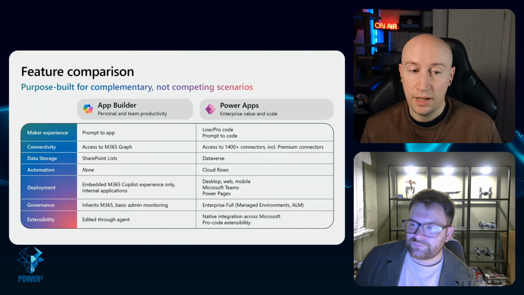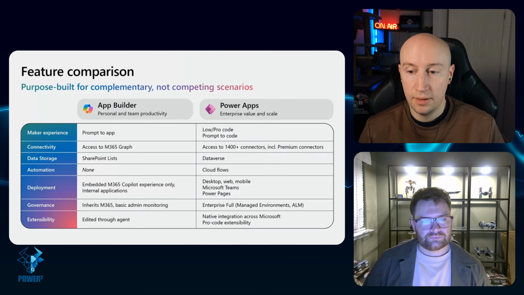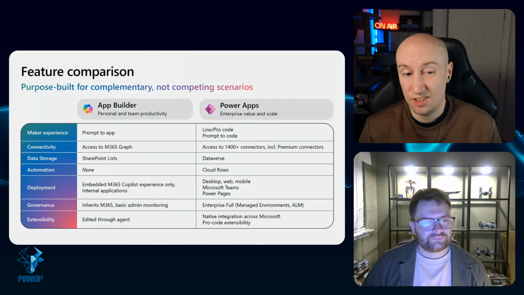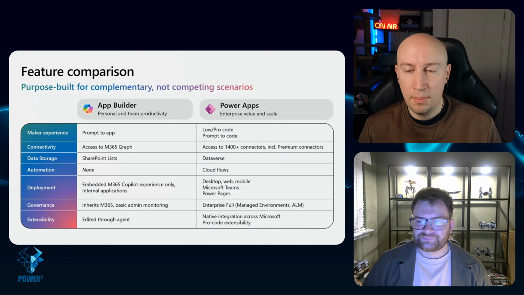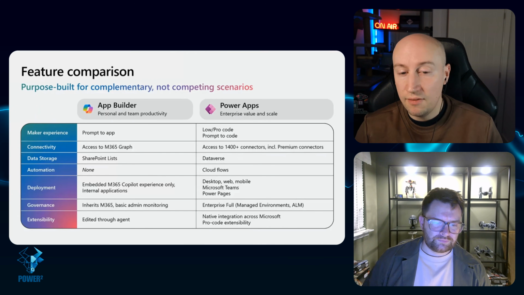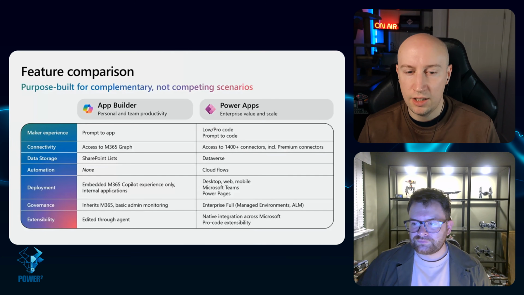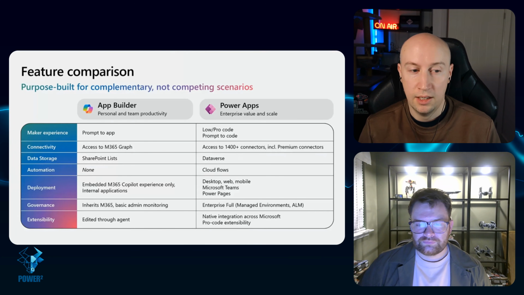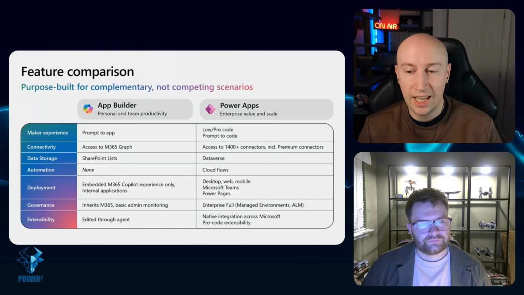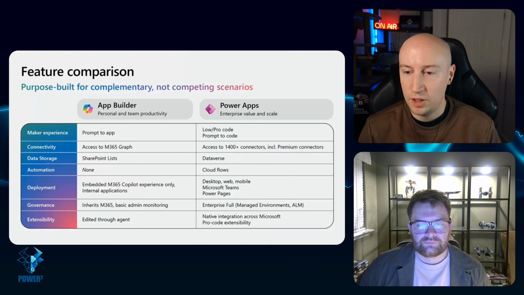Yeah, so from the governance side, one thing to bear in mind is that these App Builder apps will be visible in the Power Platform Admin Center in the inventory. So that's really nice, because I think in the past that might have been an oversight, but it seems like Microsoft are more on the ball with these kinds of things nowadays. So you'll at least get visibility of them. And Josh, you mentioned something earlier, which we didn't really highlight too much, which is the cloud flows aspect. As you said, in App Builder, you don't get any automation. And sometimes that might just be the deciding point for you. You want to build an app, but actually, I need this to send me emails.